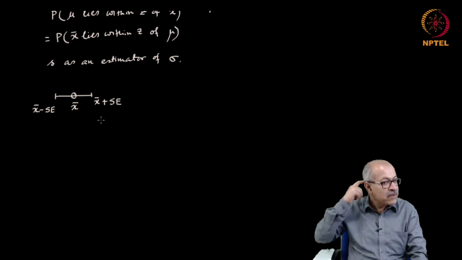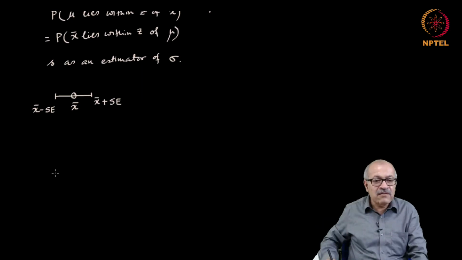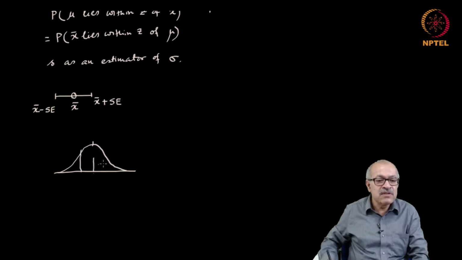Then I know that in the curve that we had already drawn, here I have this normal curve, and we are talking about a range where this is my x bar, and this value is here and this value is here. So, it is basically within one standard deviation, and we know that the area under this curve here is 68.3% of the whole.